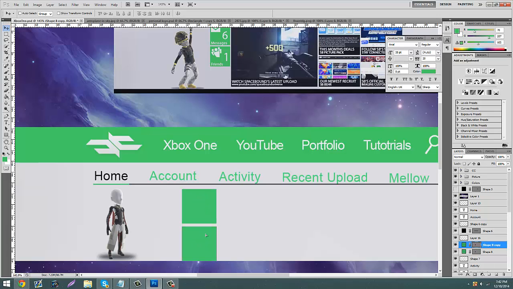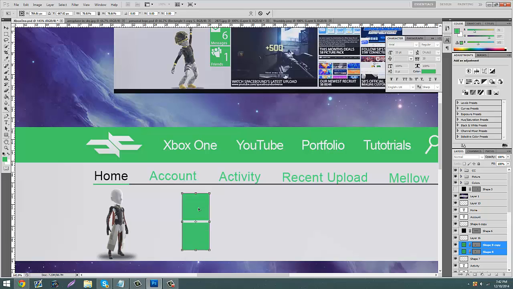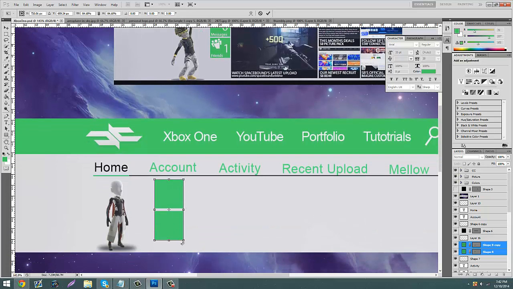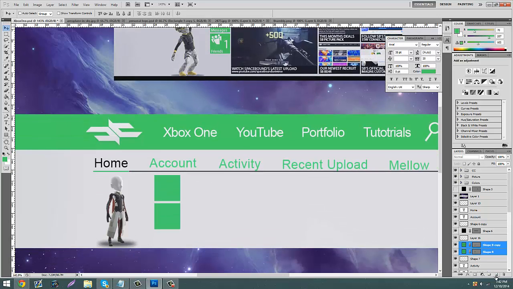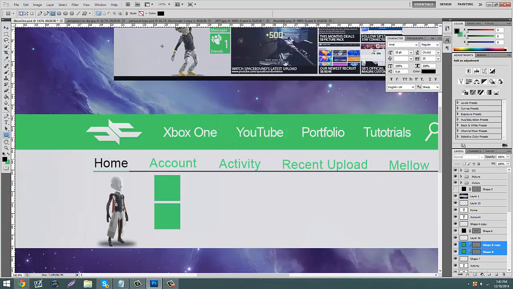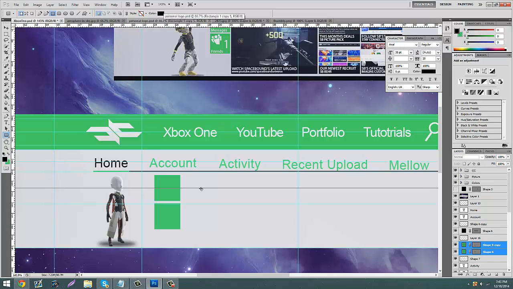And we're going to duplicate it and then put it under it to find out the size. So now we have that, we're just going to keep shrinking it and bringing it closer to him, making it bigger, and we're going to see how close it is to the line. So probably that. You're gonna have some space down here, so we're gonna have that here. Then we're gonna make a black box. It doesn't really matter what color it is, but I prefer using black because it's easy. So I'm gonna put the ruler up there just to make sure these are always that height, and you're gonna make it a lot bigger than the other two, just so you can put a video here,